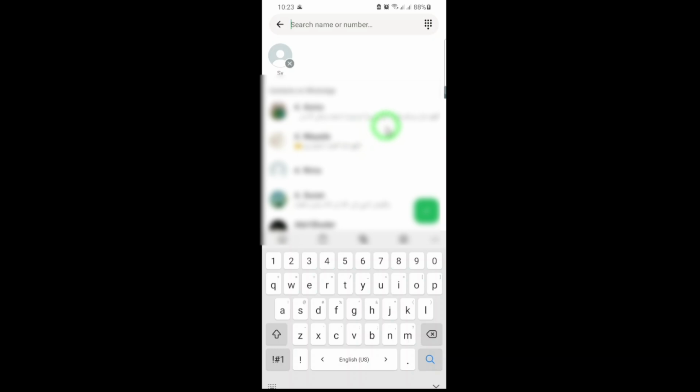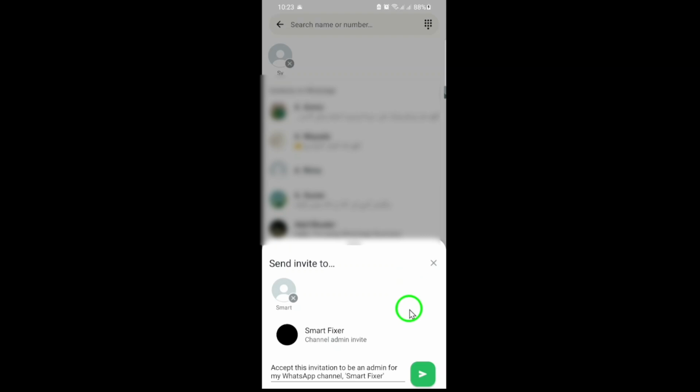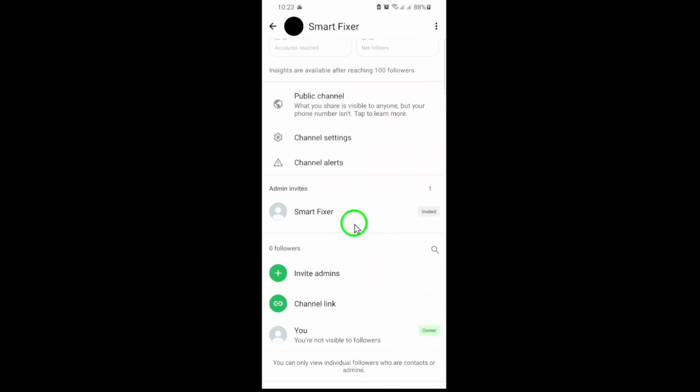WhatsApp will send an invitation to your selected contact. The invitation appears as a chat message from your personal WhatsApp account, not the channel itself. Your contact will need to accept this invitation to become an admin. If they accept, they'll be able to help you manage channel info and post updates. Remember, as the channel owner, you can invite up to 16 admins at a time, and you'll be notified when